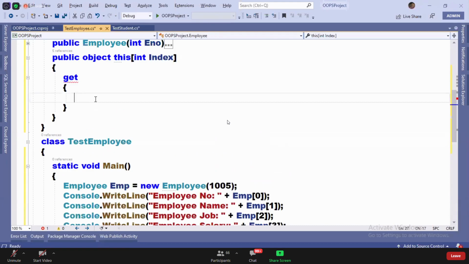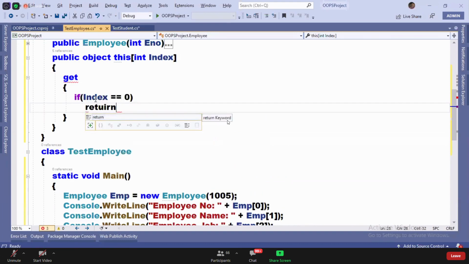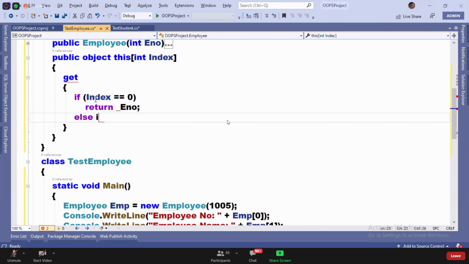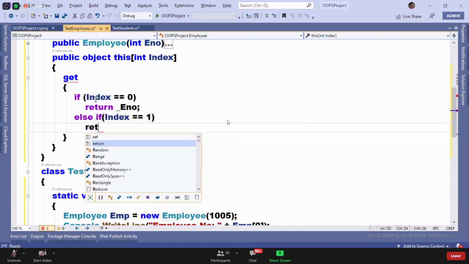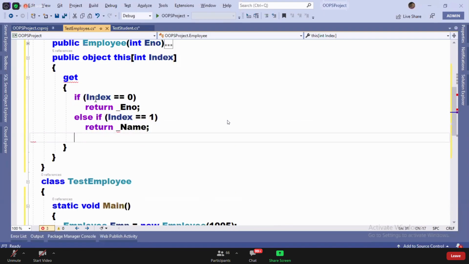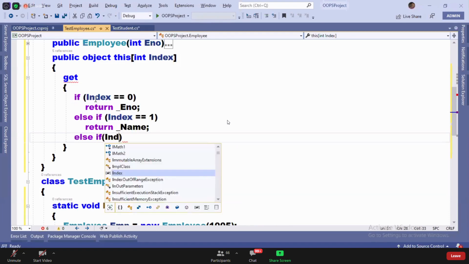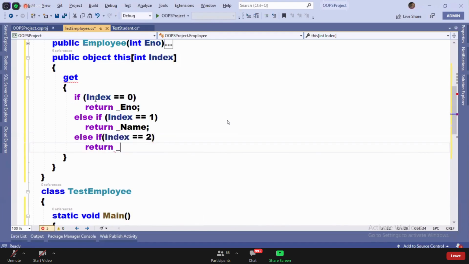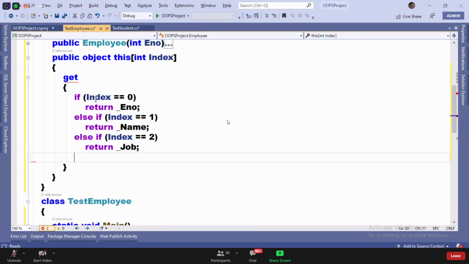Guys, watch the code. If index is equal to 0, return underscore e number. Else if index is equal to 1, return underscore name. Else if index is equal to 2, return underscore job.